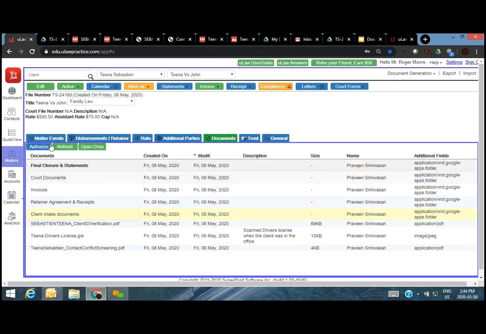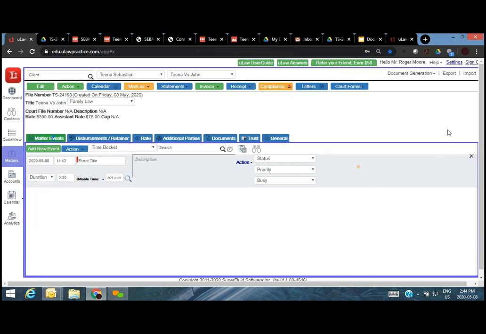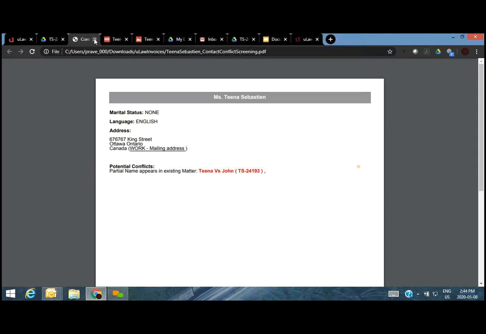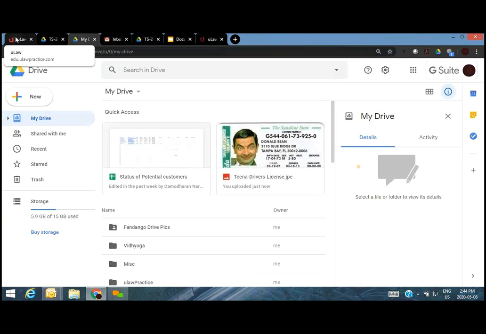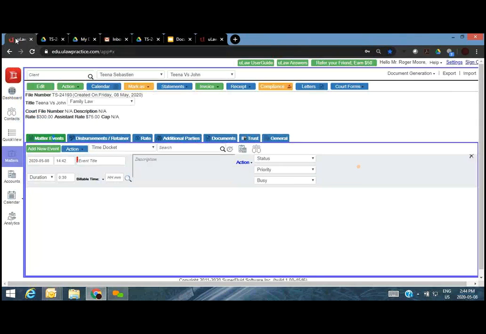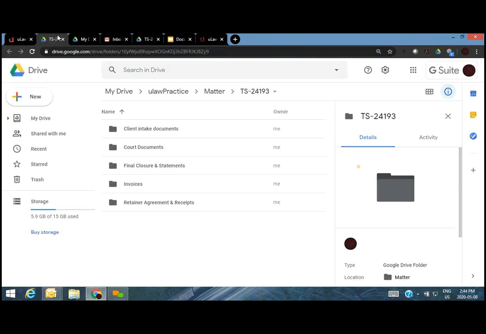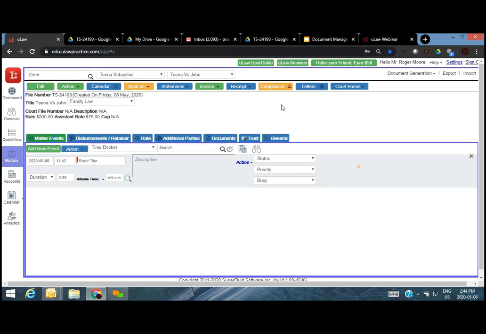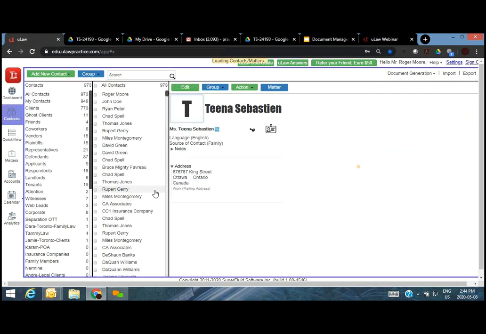I'll pause if there are any more questions around this, but if not, I'll probably look to see if I can actually do the same thing with my OneDrive, provided that works. Okay, so all of this was in Google Drive that connects with your Gmail account. So let's go ahead and create